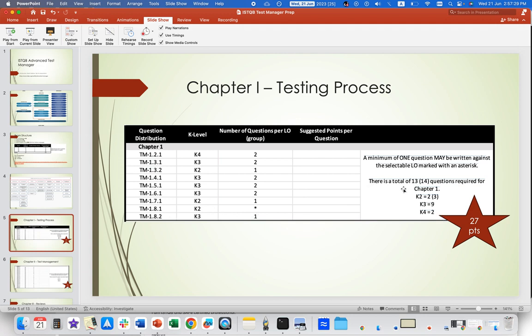Then from this chapter you can expect 13 to 14 questions. For K2 there are 2 or 3 questions, for K3 9 questions, K4 2 questions. So in total, if you see the points, 27 points you can expect from the first chapter. Okay, how are we calculating this? For K2 it's roughly 1 mark, K3 2 marks, and K4 3 marks related questions. If there are like 14 questions total for different K levels, based on the weightage we have calculated the points. So we know how much we need to focus on each of the chapters, and what the learning objectives are and in which way we can learn them,